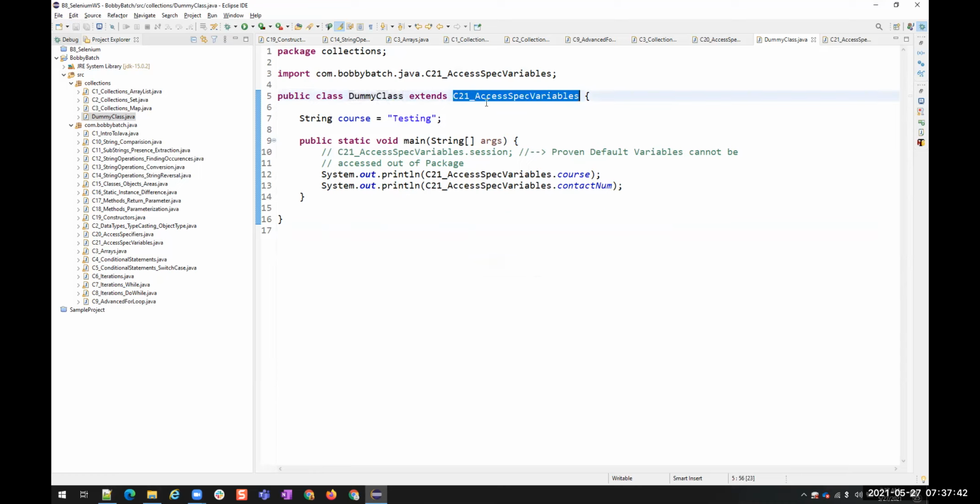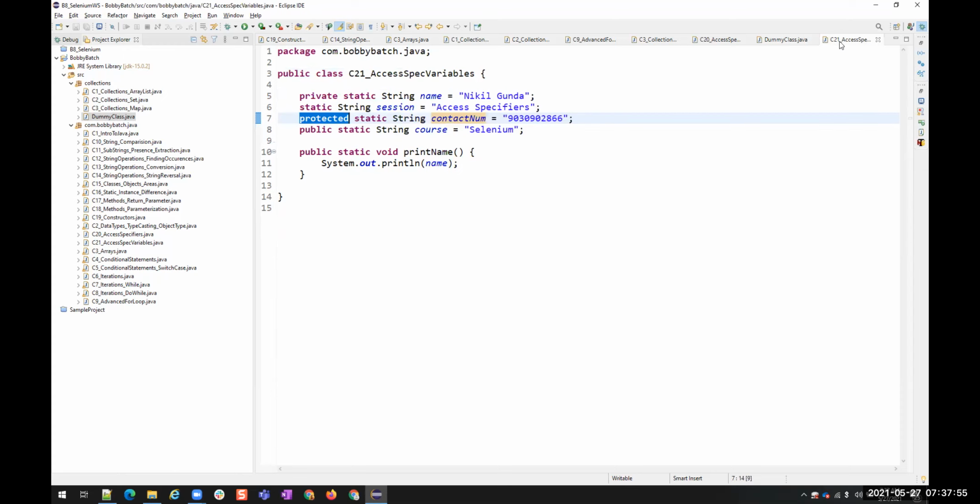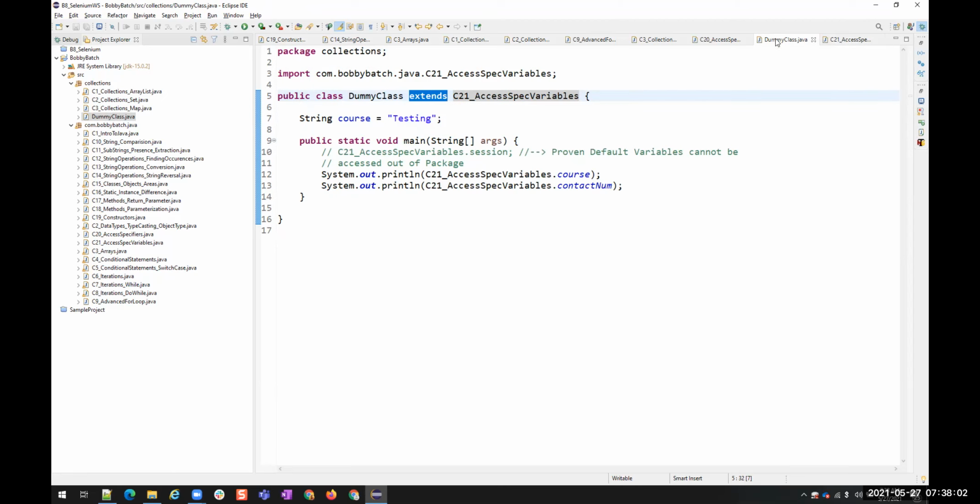If you want to create a relationship between them, you need to use the extends keyword. When do we use this? We'll see in the object-oriented programming concept. First, let us concentrate only on these four. I don't want to confuse you, so that is why I'm stopping the explanation here.